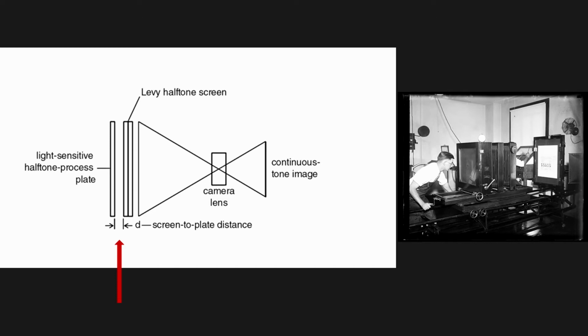And one could go on about the complex physics of halftone formation, which is actually still an area of active inquiry and research among physicists. But for our purposes today, I simply want to note the way that Warhol's images emerge from a process of double screening or double straining. Light is first strained through the halftone screen in order to make the dot screen stencils, and then ink is strained through those stencils in order to produce the halftone on canvas.